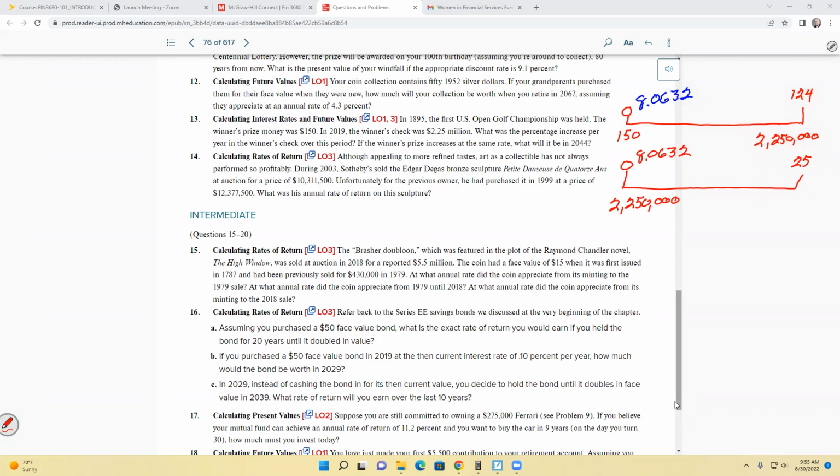What's our winnings worth then? What's it exact? I got 15,636.88. Okay,